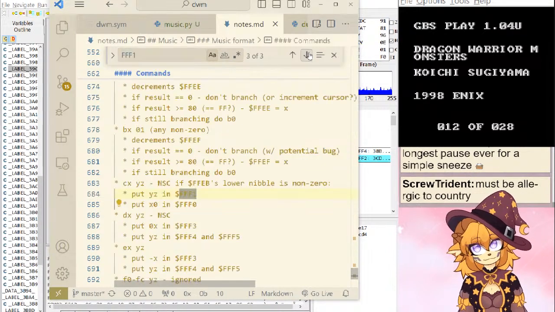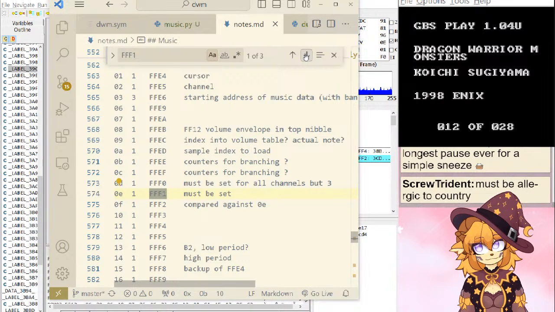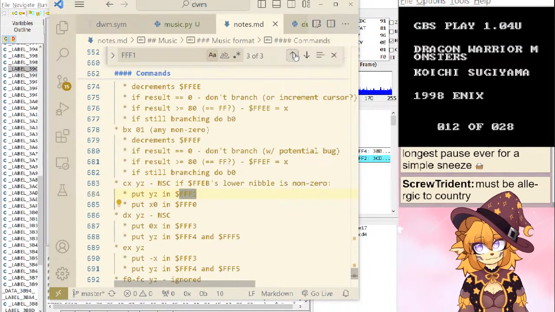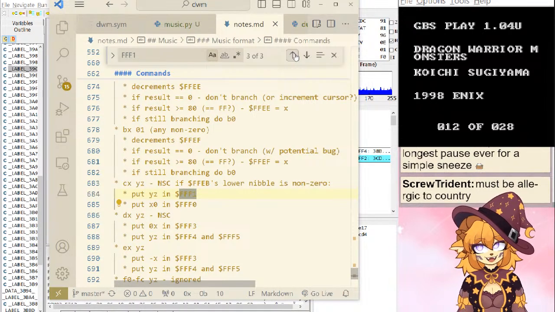Do we know what this is yet? So it's well, the FFEB's lower nibble is non-zero. And FFF1.